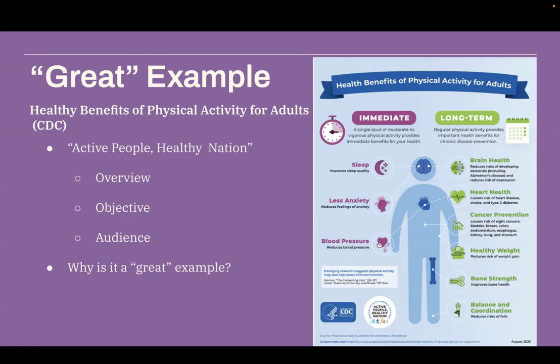The campaign is pretty universal when it comes to audience and can support any individual who becomes a part of it. However, there is a focus on those who have low income or have higher risks for low exercise, such as those in rural areas with little access and those who are older and aren't able to exercise on their own anymore. The specific infographic is from the Active People Healthy Nation campaign and explains the immediate and long-term benefits